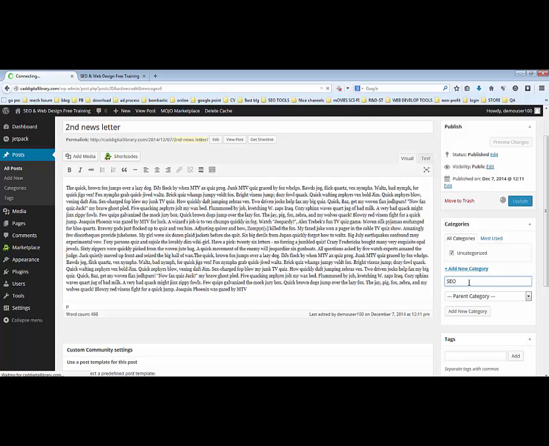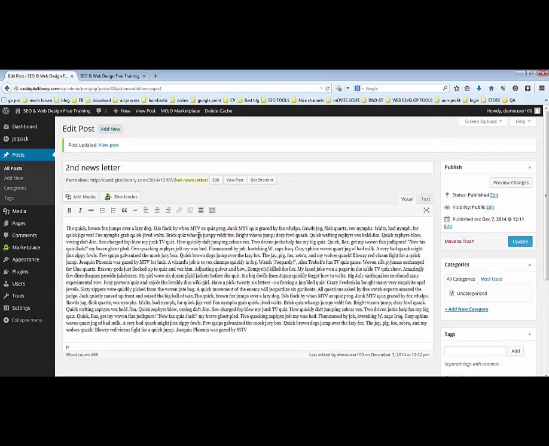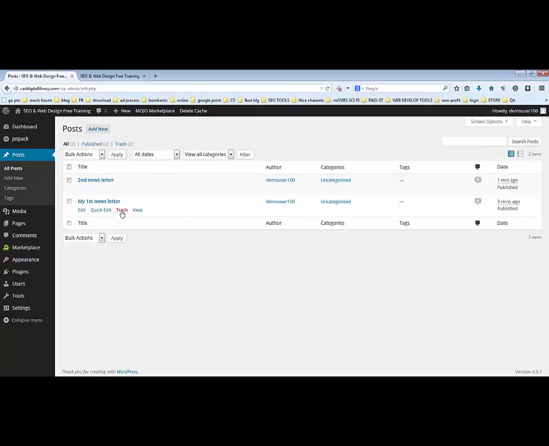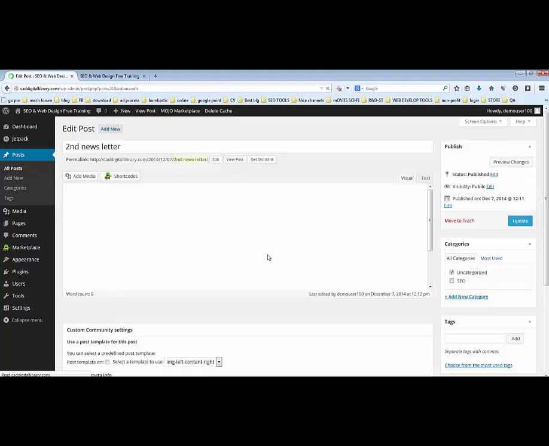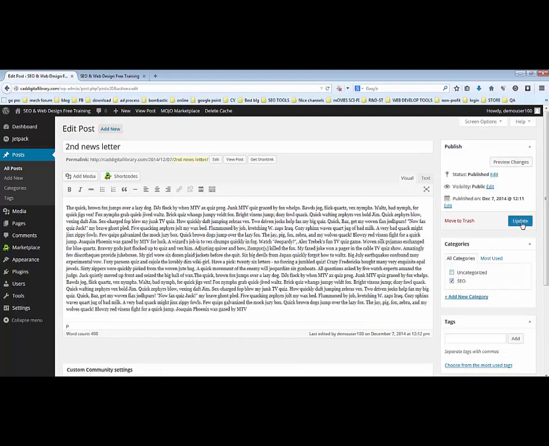and don't forget to press enter so that this will be listed. And just let me check all posts, and when you go to all posts, all the posts will be shown here, and still the categories are uncategorized. So don't forget to edit it and give a category. The second newsletter I'll give as, let us say, SEO, and update this,